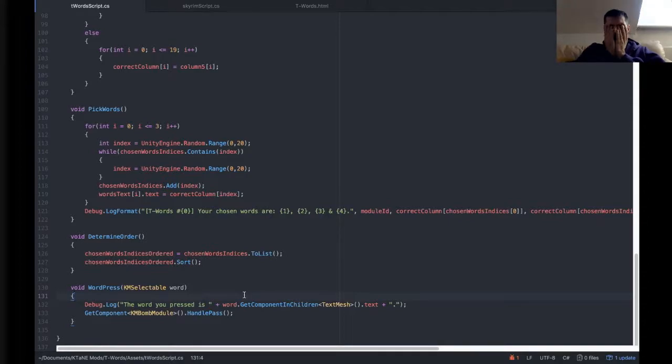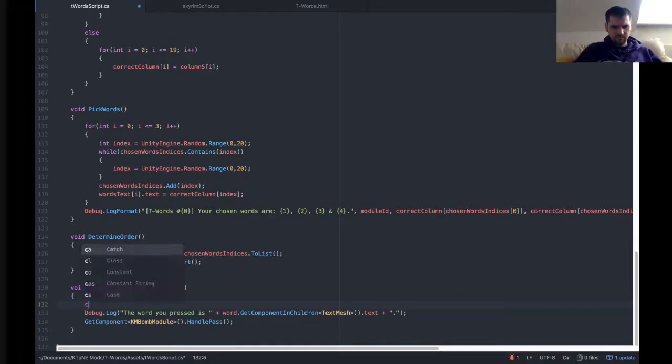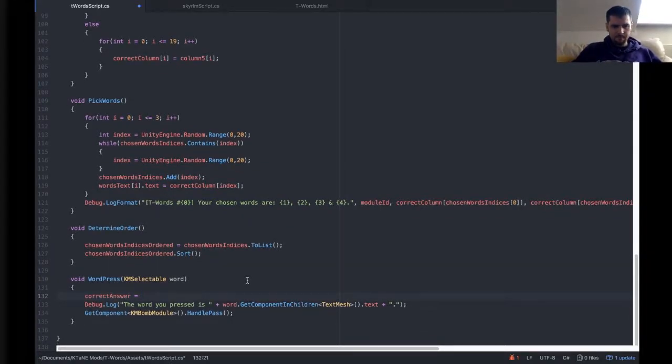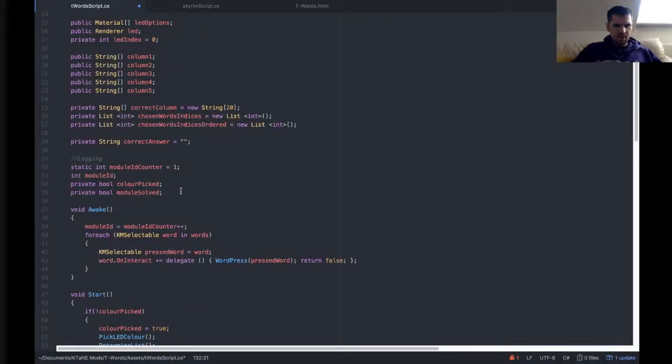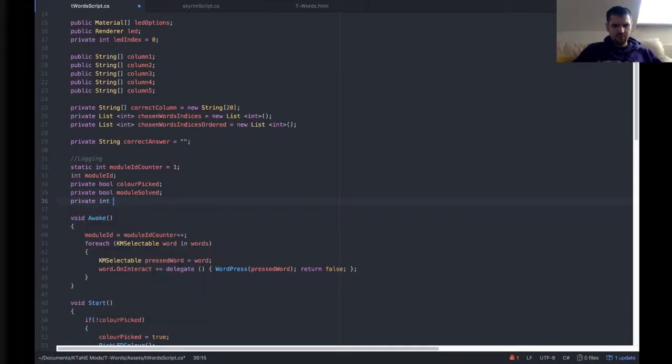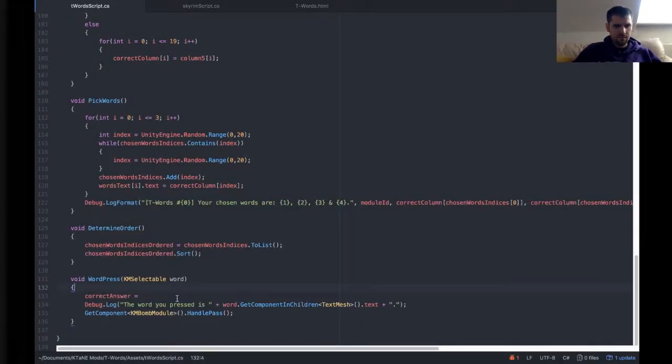Now let me just think how we're going to do this. When we click a button, we essentially want it to go up a stage. Correct answer, so every time we press a button, it will calculate the correct answer. So correct answer equals chosen words, or let's create a little stage variable. I'm going to call this private int stage equals 0, so you start at stage 0 rather than stage 1. Correct answer equals,